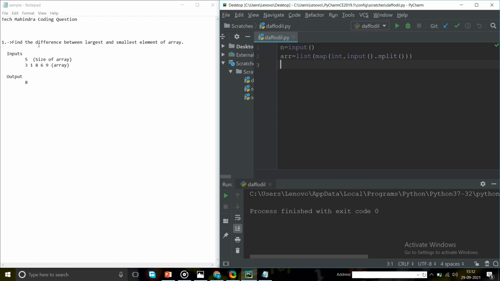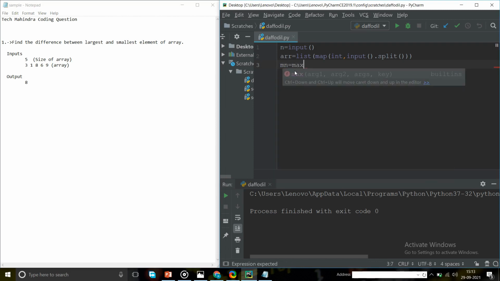Find the difference between the largest and smallest element of the array. So what we need to do first is to get the largest and smallest element of the array. Then we have to subtract the smallest from the largest. We have an array.